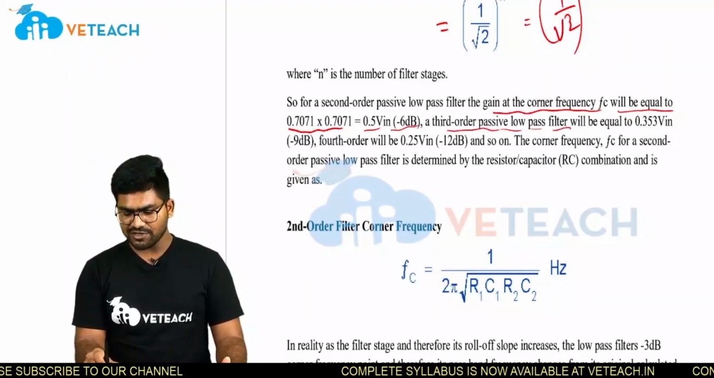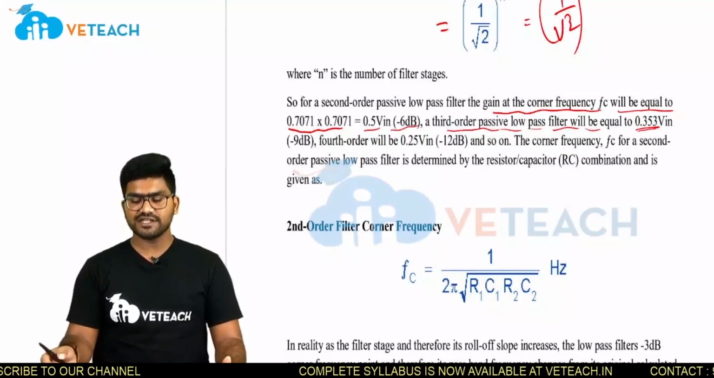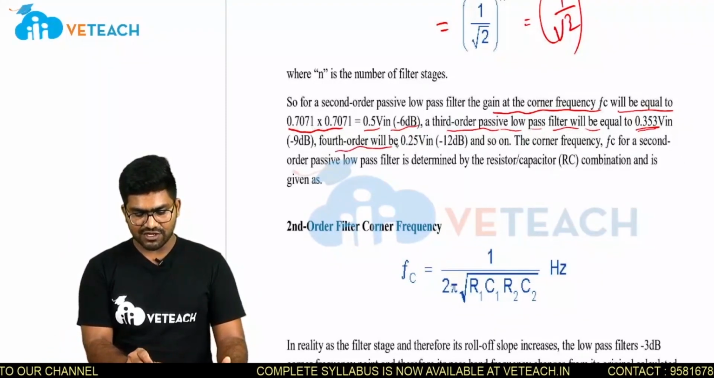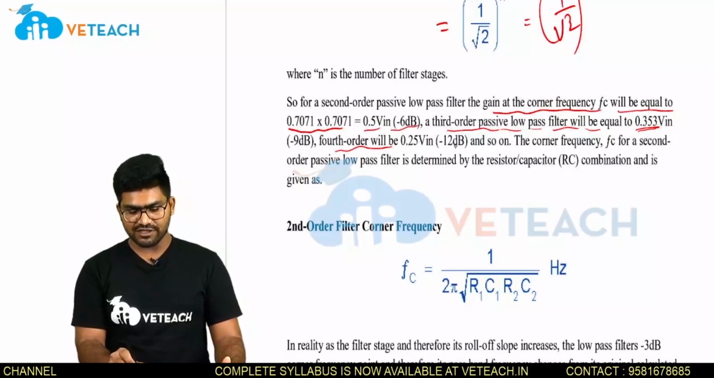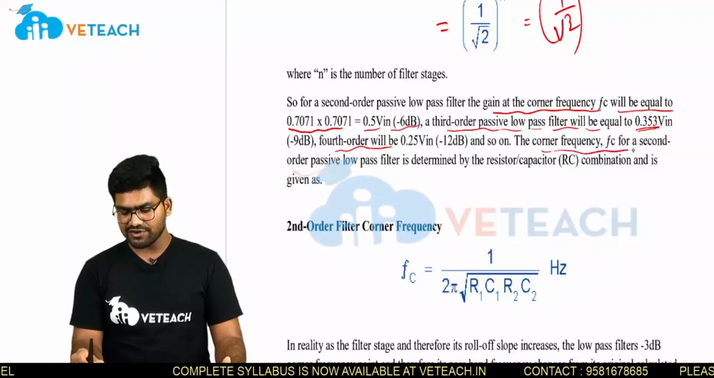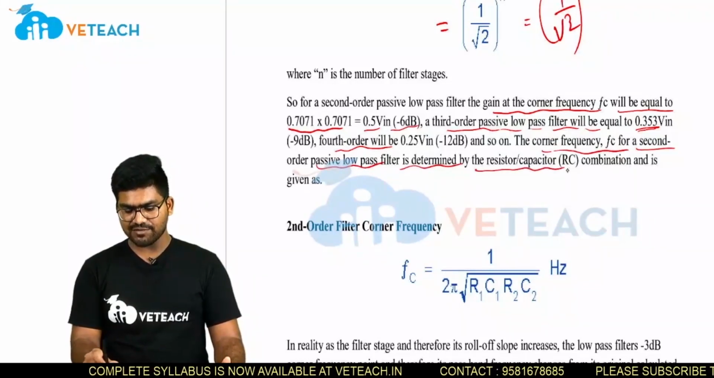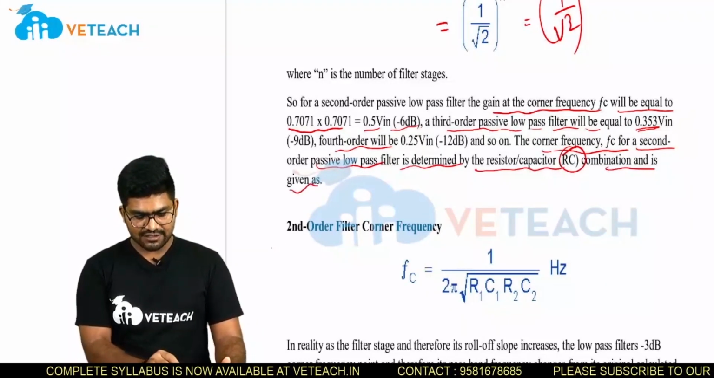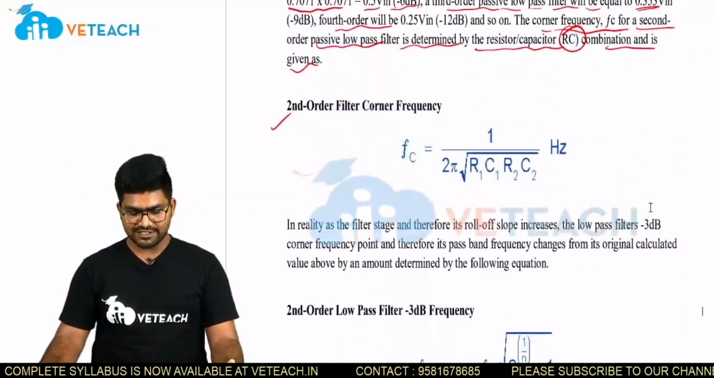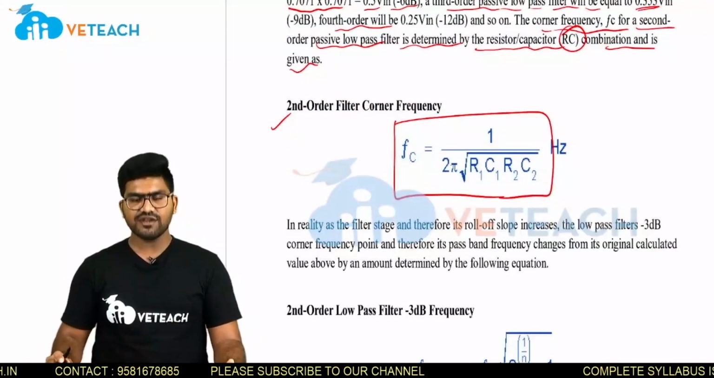The third order passive low pass filter will be equal to 0.353 Vin, minus 9 dB. Fourth order filter will be equal to 0.25 Vin, minus 12 dB, and so on. The corner frequency Fc for the second order passive low pass filter is determined by the resistive capacitive combination and is given as: the second order filter corner frequency Fc is equal to 1 by 2 pi square root